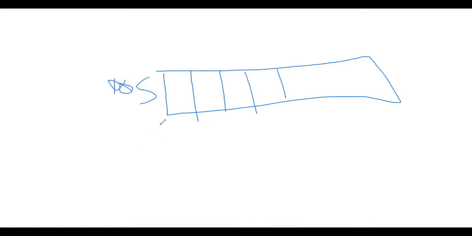So it's like 2 5 1 2 8, right? We have to find the location of 5. So the location of 5 will be the first location in the array. It will be A of 1 if the array is like this. 5 will be residing starting here.